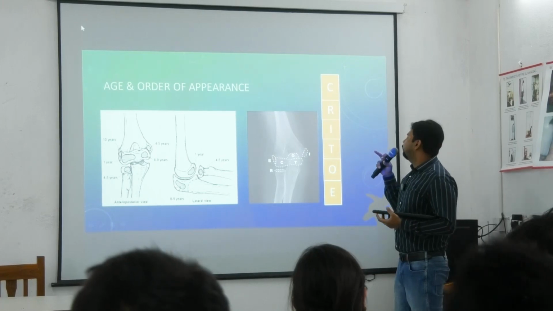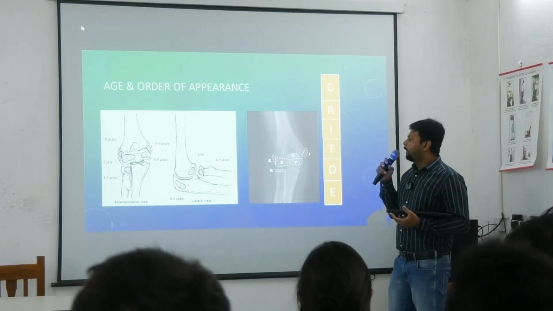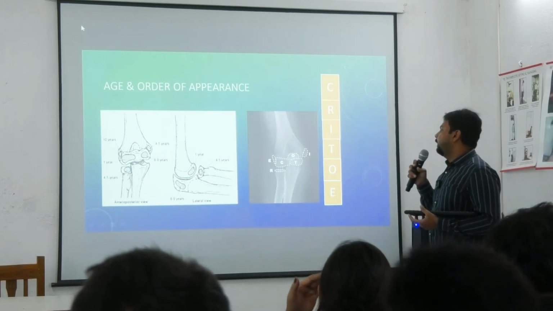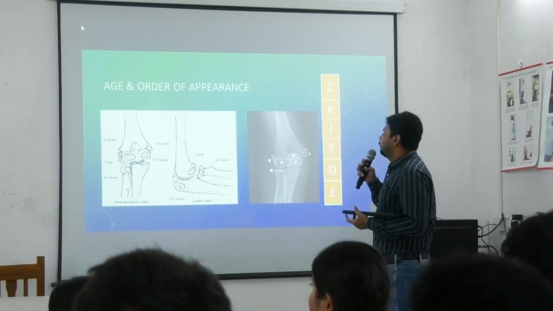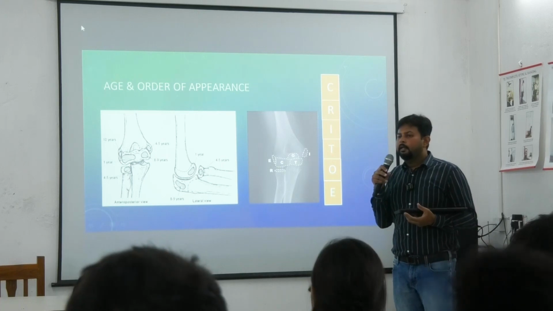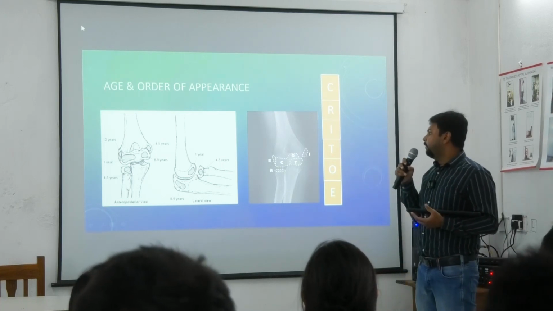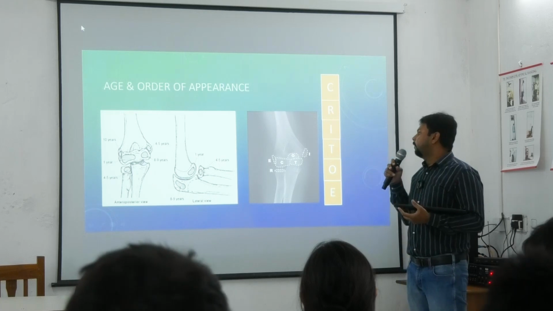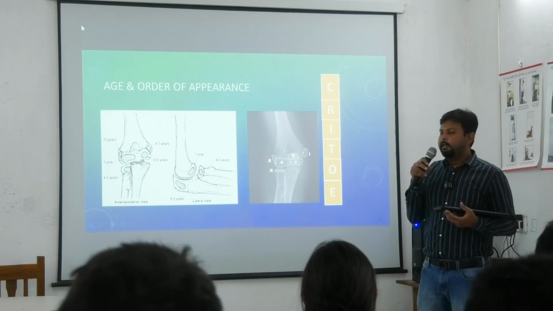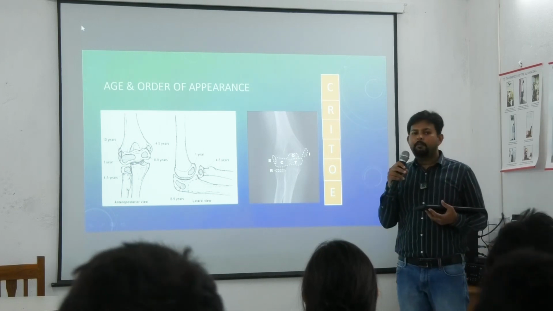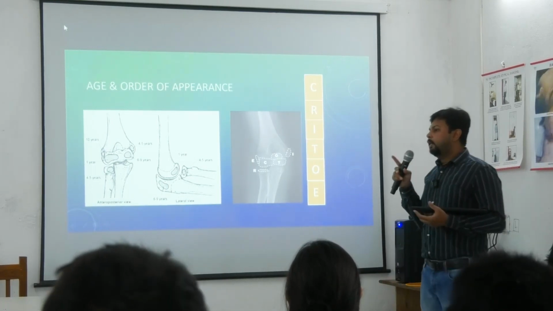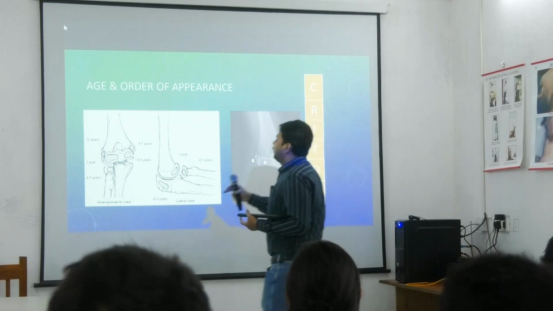এইবার দেখো এজ অ্যান্ড অর্ডার অফ অ্যাপিয়ারেন্স এর হিসেবে প্রথমে ক্যাপিটুলাম অ্যাপিয়ার্স এট 1 year অফ এজ। ঠিক আছে? তারপরে আসছে রেডিয়াল হেড অ্যাপিয়ার করছে 4 to 5 years। তারপরে আসছে ইন্টারনাল এপিকন্ডাইল আর মিডিয়াল এপিকন্ডাইল, ওটাও 4 to 5 years। ঠিক আছে? তারপরে আসছে টি ট্রকলিয়া 8 to 9 years, বাট সামটাইমস উই assume it to be 10 years, মানে ইন্ডিয়ান পপুলেশনে ওটা 10 years। ট্রকলিয়া TRO ট্রক, সো T is for 10 এটা 8 to 9 কিংবা 10 ও বলা যেতে পারে।